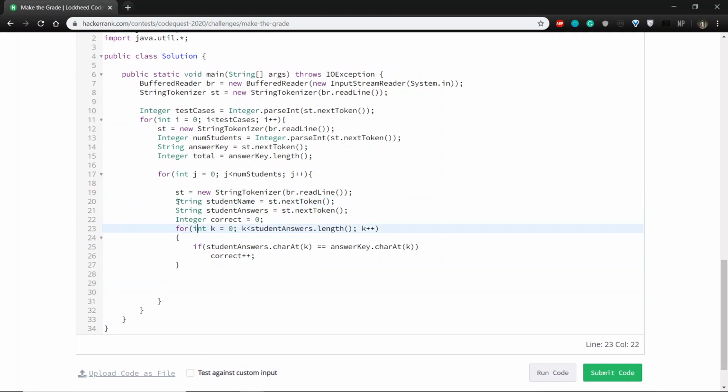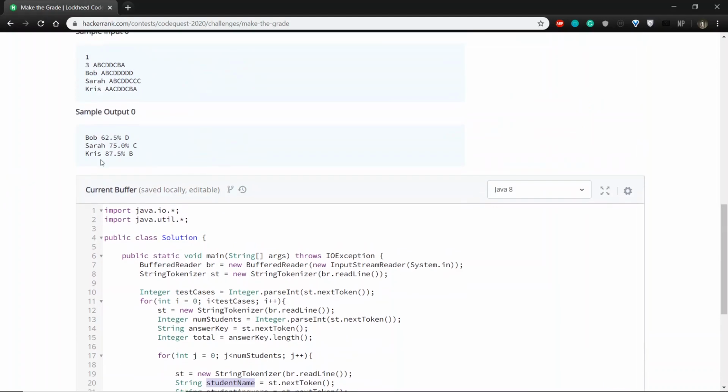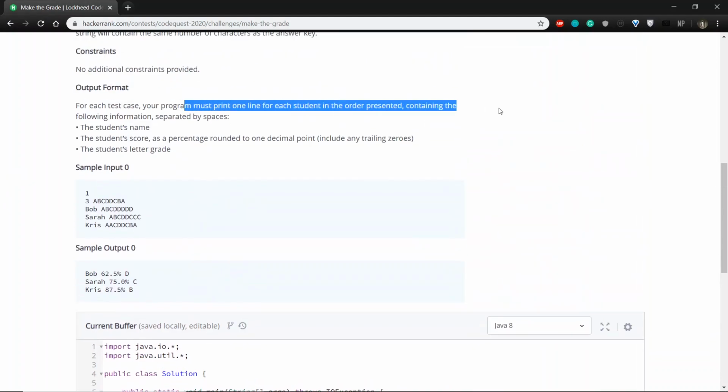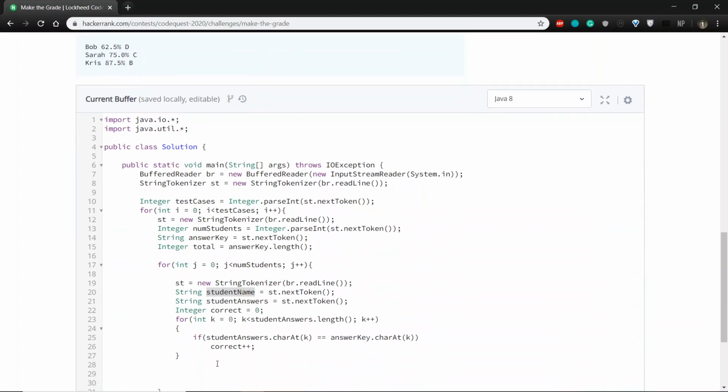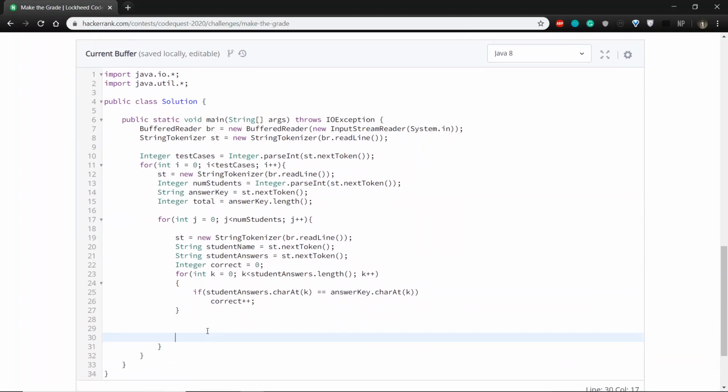I think it's less efficient if we have to store all the information and then output them at the end, because the problem states that we have to print them in the order presented. We might as well just output the results after each student instead of doing it all at the end. So here we're going to first need to print out